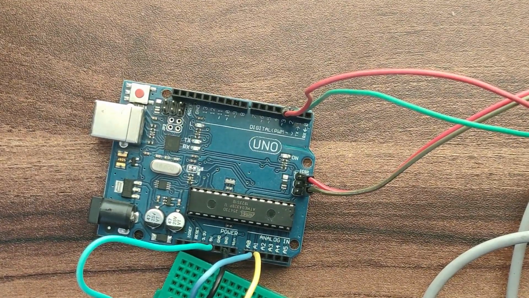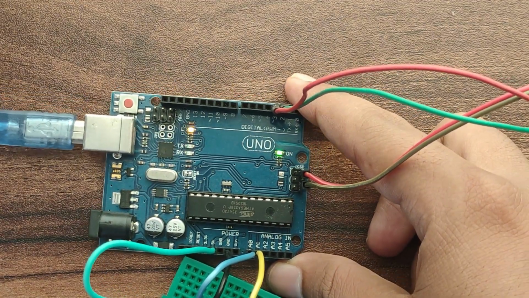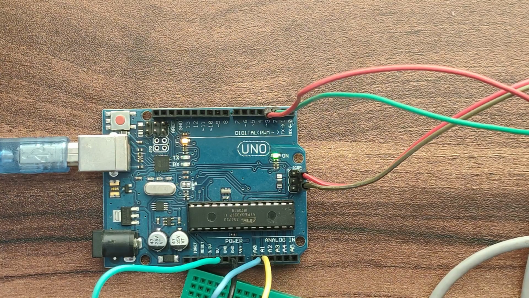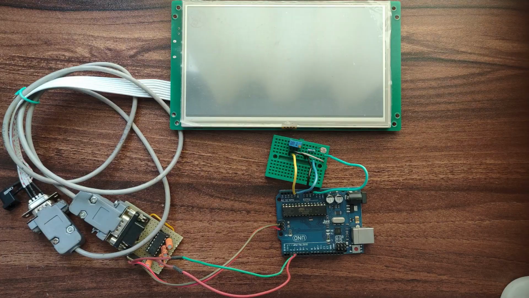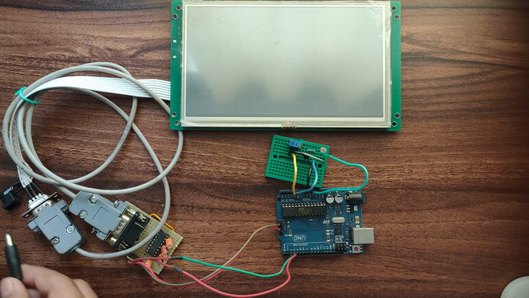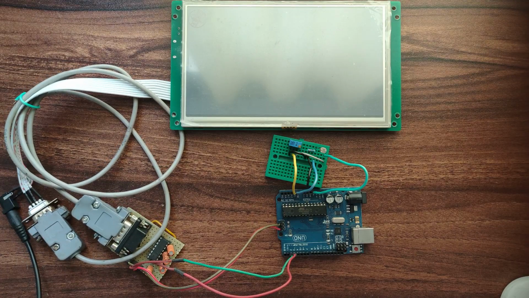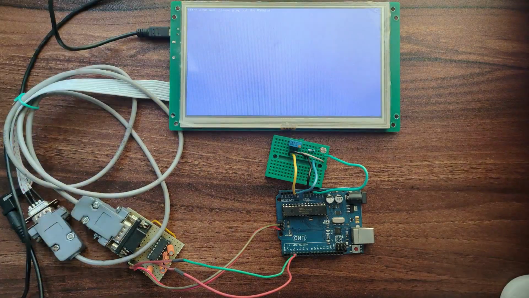Now we'll flash the Arduino Uno, and now we'll flash the Stone display. Connect the power supply to the display. Let's connect the USB cable to the display.